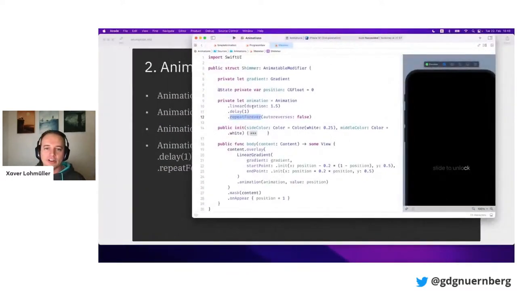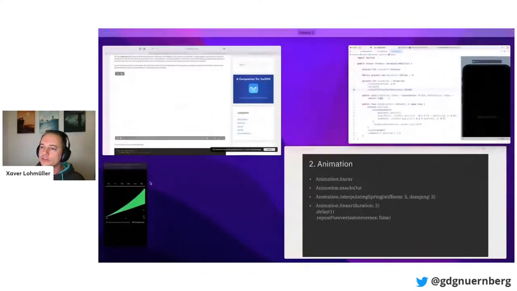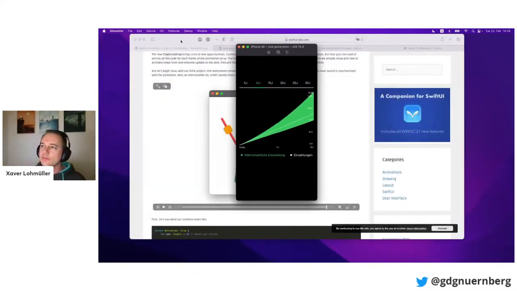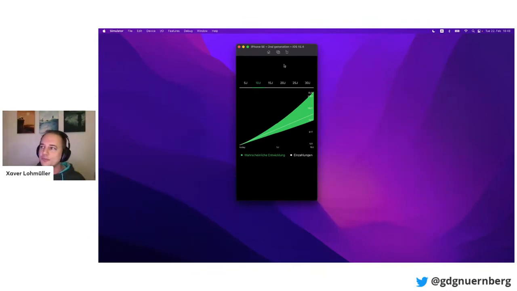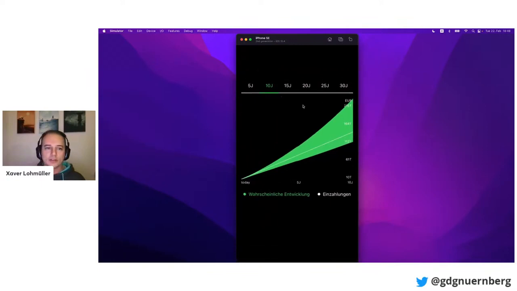So those are everyday animations that I use frequently in my code. And one thing that I want to show you now is something that I'm working on. I unfortunately cannot show you the source code because it's closed source and from our app. But this is a view where, when you want to invest with us, you can specify how many years, and we then show you how your money will behave in the future, like in 5 years time, in 15 years, in 20 years, and so on.